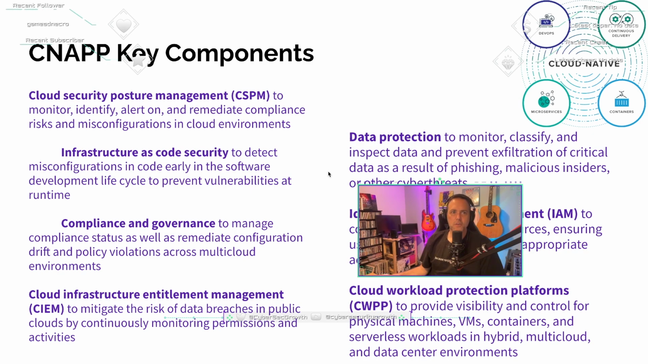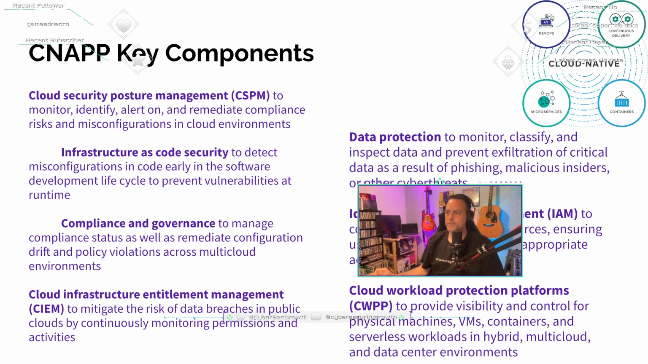The first one is CSPM, Cloud Security Posture Management, to monitor, identify, alert on, and remediate compliance risks and misconfigurations in cloud environments. And a CSPM is made up of a couple capabilities here. Infrastructure as code security and compliance and governance. So infrastructure as code security to detect misconfigurations in code early in the software development lifecycle to prevent vulnerabilities at runtime. And then compliance and governance to manage compliance status as well as remediate configuration drift and policy violations across